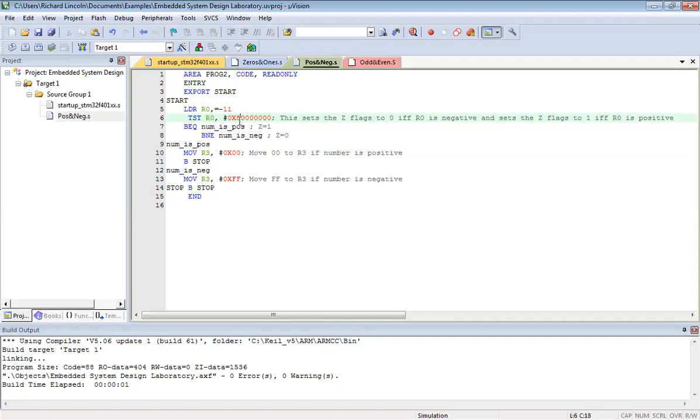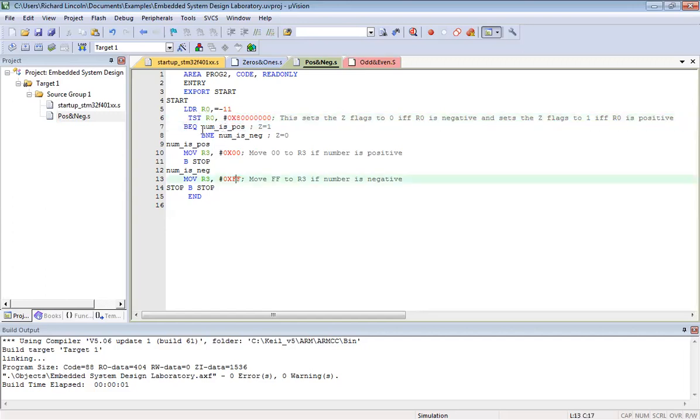Understanding, right? Recall the diagram which I showed you all. Now only B31 will go high and the rest will all go low. Why are we doing this? As I told you, the extreme left bit will be high, and if it's high, then I will consider that to be a negative number. Remember the 2's complement: in 1's complement you take the inverse and then you add 1 for 2's complement, and the MSB goes high, right? So the same concept we are exploring here with the help of the TST instruction.